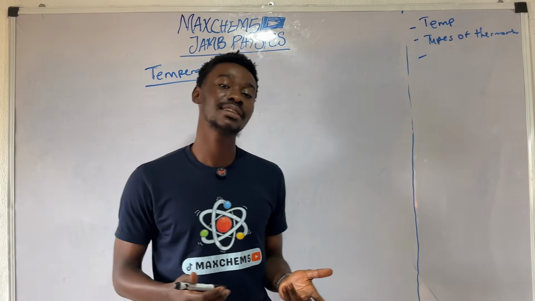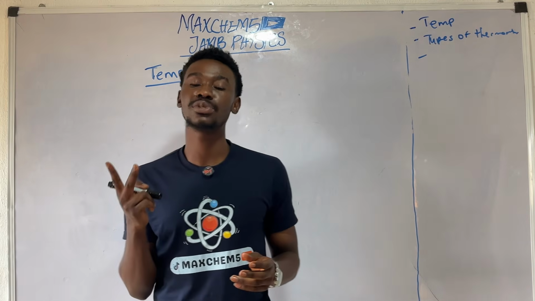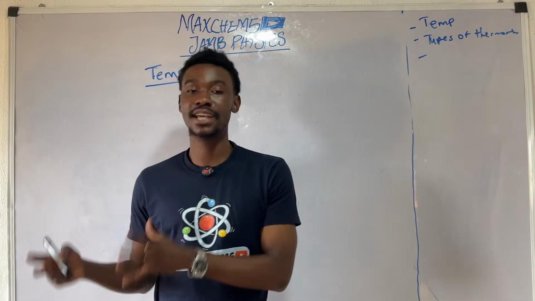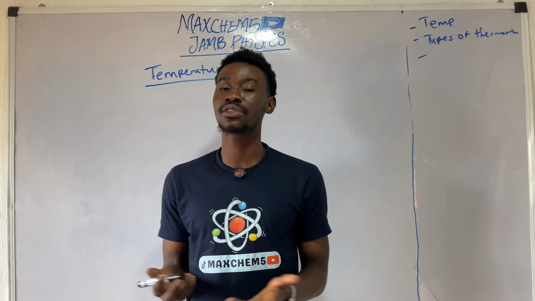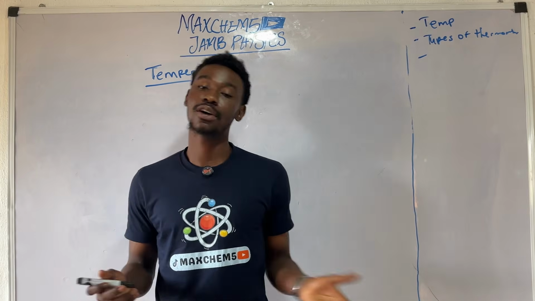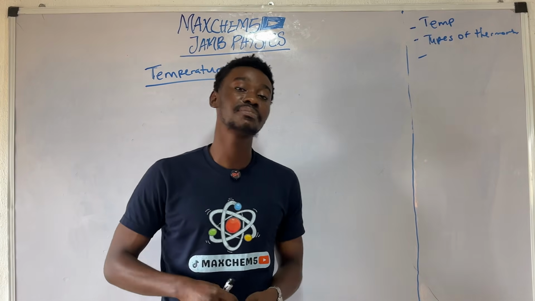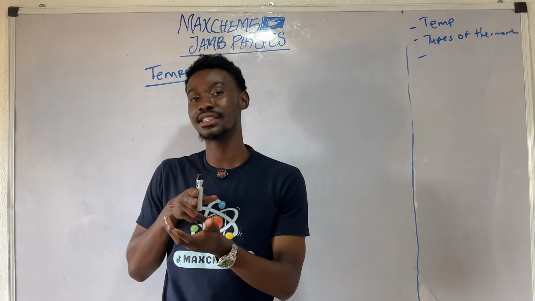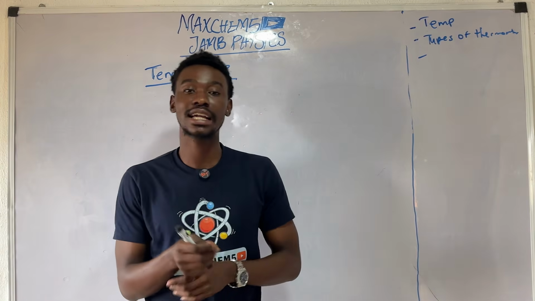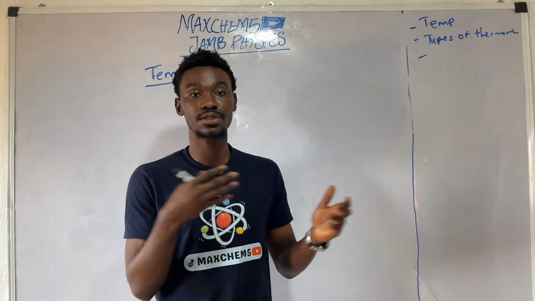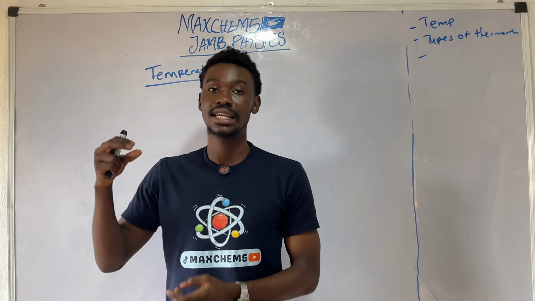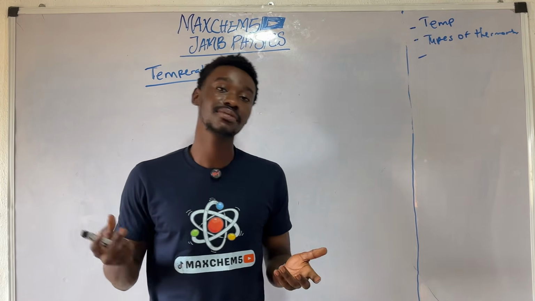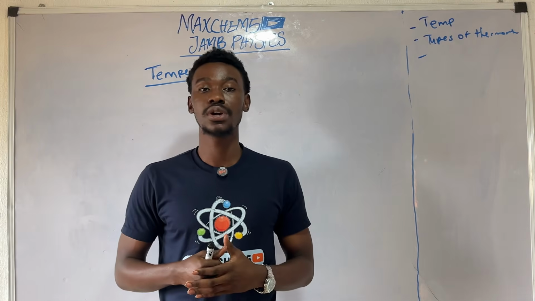In the liquid in glass thermometer, we use two types of liquid basically. We use mercury, or you can choose to use alcohol. But most times mercury is preferred to alcohol due to several reasons. One reason being that it is opaque. You cannot see through mercury, unlike alcohol where you can easily see through it. So light is allowed to pass through alcohol for you to see it. Mercury is opaque. It has a high sensitivity, and it also has